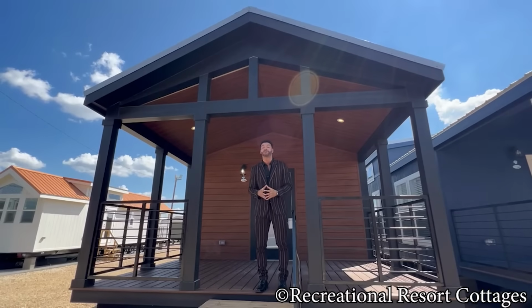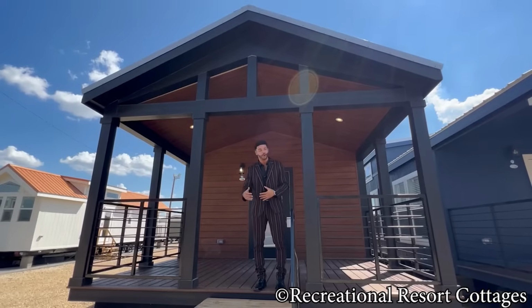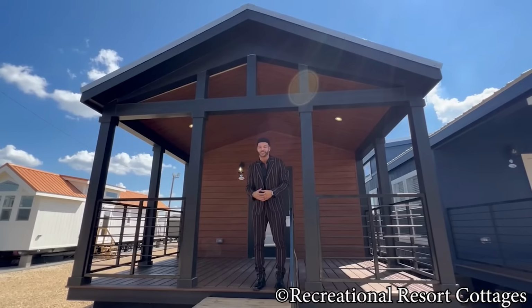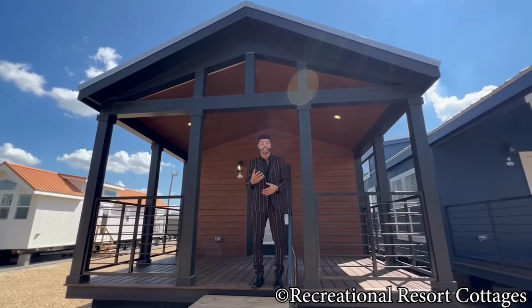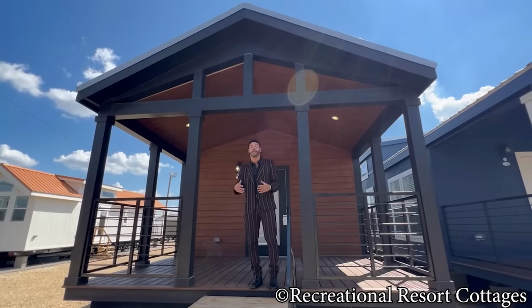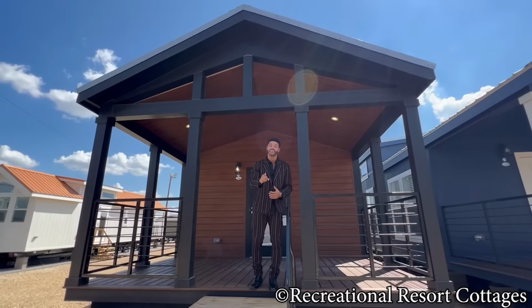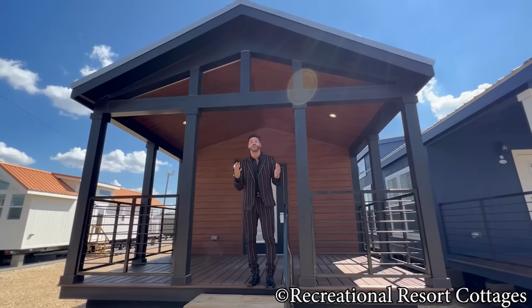I have featured this floor plan in a variety of styles, with porch, without, side entry, front entry, loft, no loft, walk-in closet, traditional closet. The options go on. But with this Agate Country Cabin that we're coining it, this is going to be the